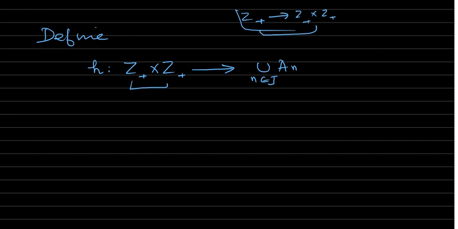तो हम यहाँ से यहाँ तक मैप डिफाइन करेंगे, rather this Z plus to the union. एक्चुअली हमें चाहे Z plus to union, मगर वो डिफिकल्ट होगा, वो मुश्किल है डिफाइन करना. तो क्योंकि जो हमने ऑलरेडी प्रूव किया है ना, उसका हम यूज़ करेंगे. हमने प्रूव किया है कि Z plus cross Z plus is a countable set, तो इसका यूज़ हम करेंगे. So we use this, we just prove the existence of surjection from Z plus cross Z plus to the union of A_n, n runs over J. So let's define this by h(k, m). Okay, h(k, m) is equal to,